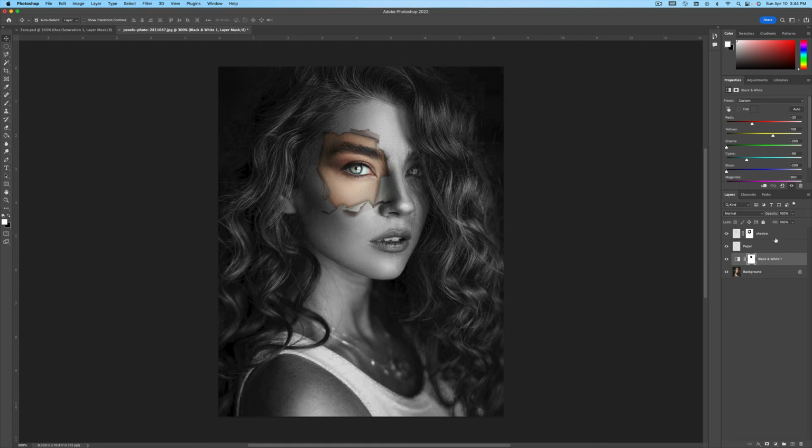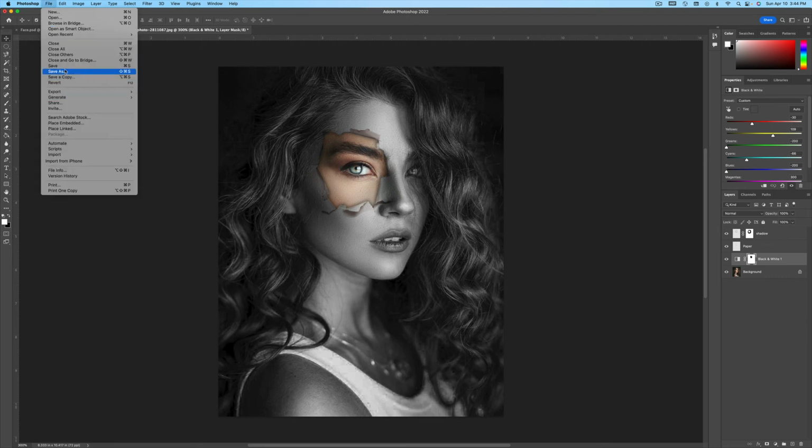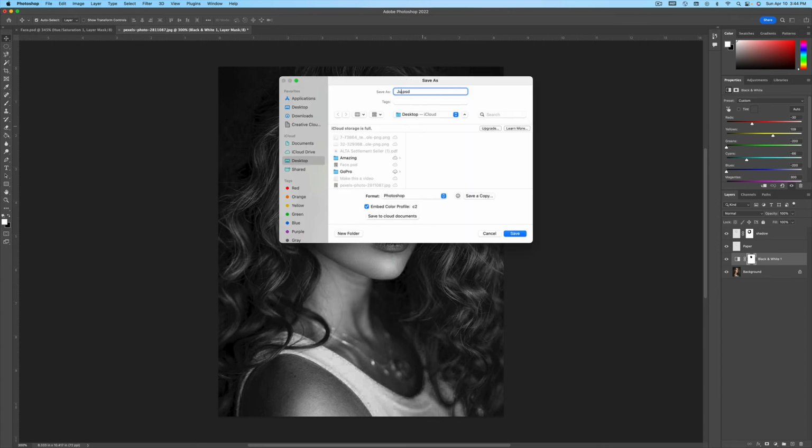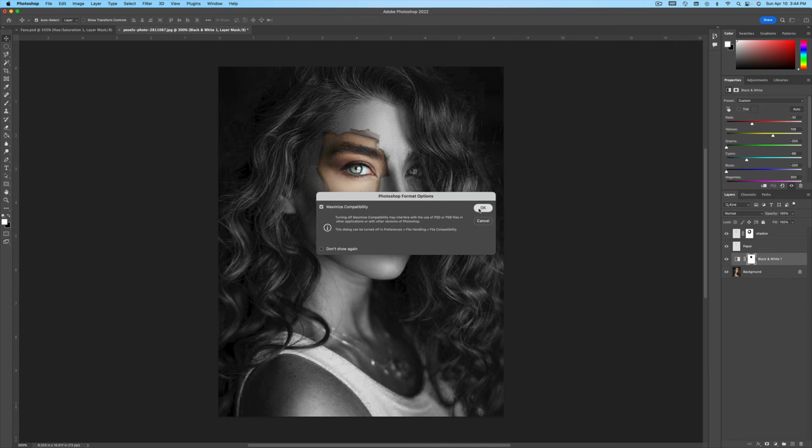Looking good. Okay, from here, we can go ahead and save it. File, save. I'm going to save it to my computer. I'm going to title it as my name and face. Save it to my desktop so I know where it's at. And done. Easy as